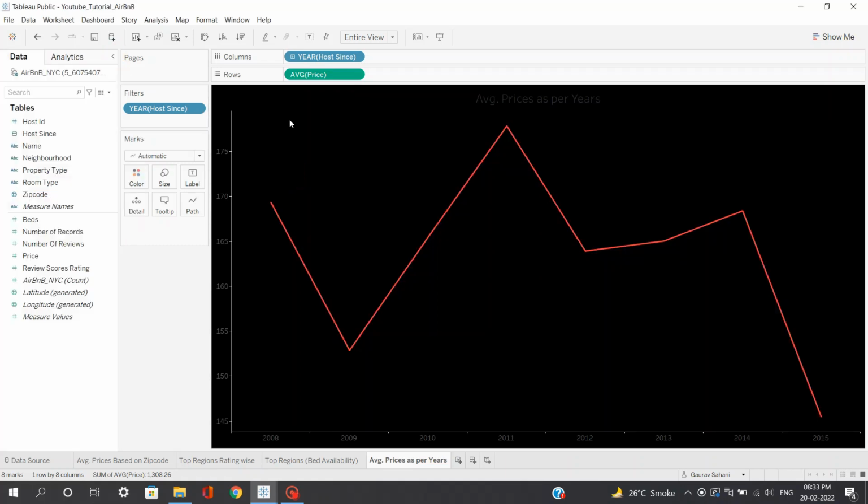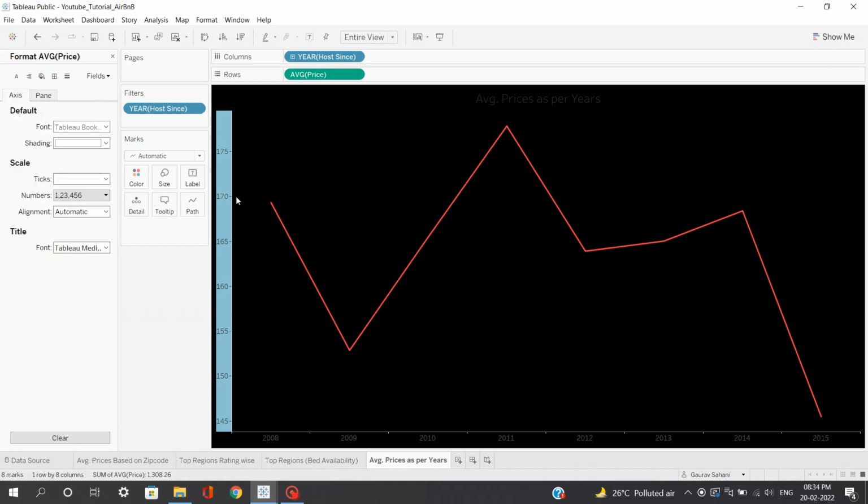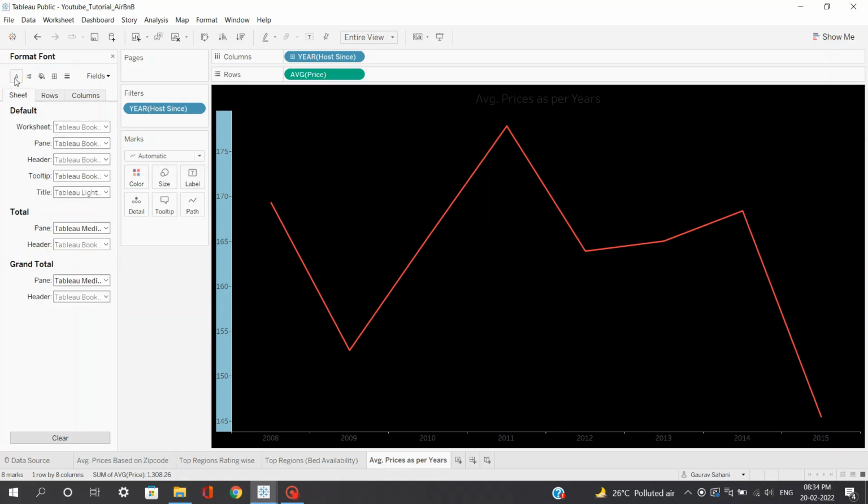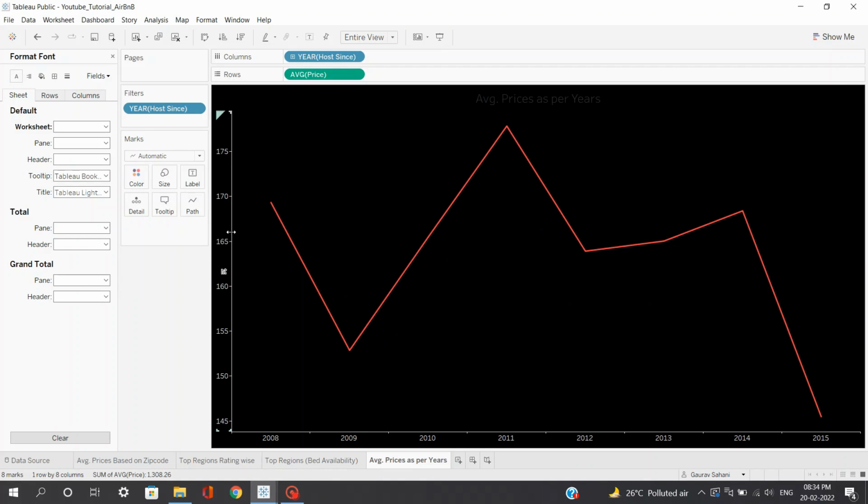Now when we are doing this as black, my labels are getting into dark gray, a lighter shade of gray, but I want to convert this into white to make it more presentable and visible. So just right click here, click on format, and now in fonts, you can see the font option here. In fonts, click on worksheet and change the color to white. So every label on this sheet will be colored white.